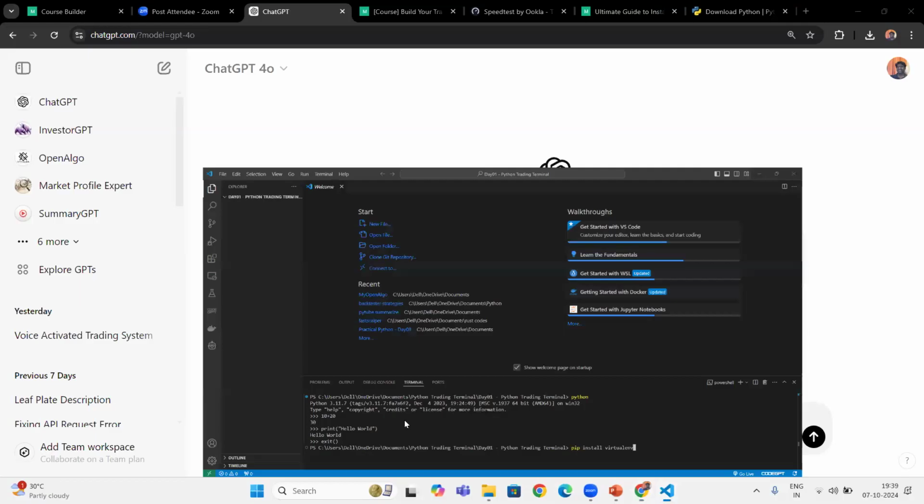As I said, Chandrakant is asking, have you tried Cursor IDE, especially